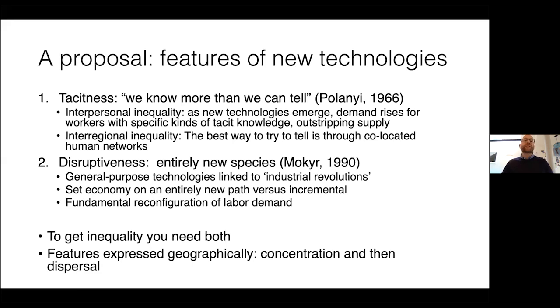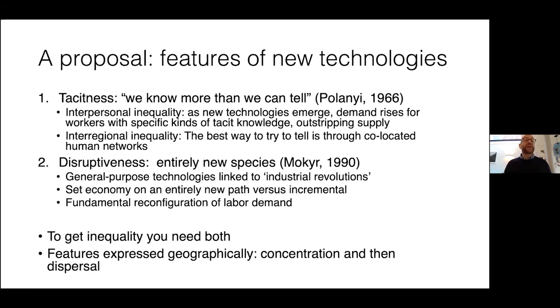And so the first of those is that technologies can vary in terms of their tacitness. And here I'm thinking, of course, many in the audience know what I'm talking about when I say tacitness, but for those who don't, thinking about the words of Michael Polanyi, tacitness is when we know more than we can tell. And so this is the idea that some ideas at least cannot be rendered in terms of machines or coded in artificial intelligence or other kinds of routines, but are rather embodied in people.